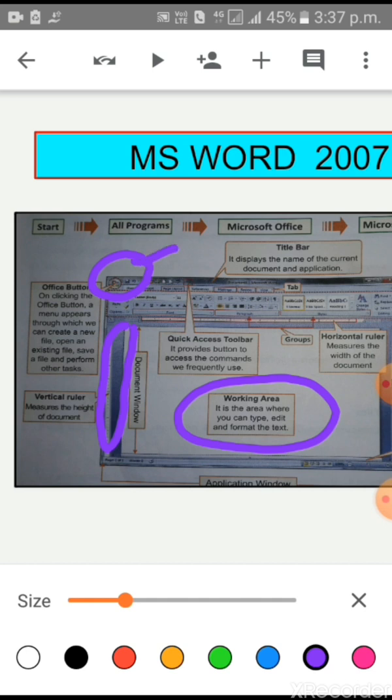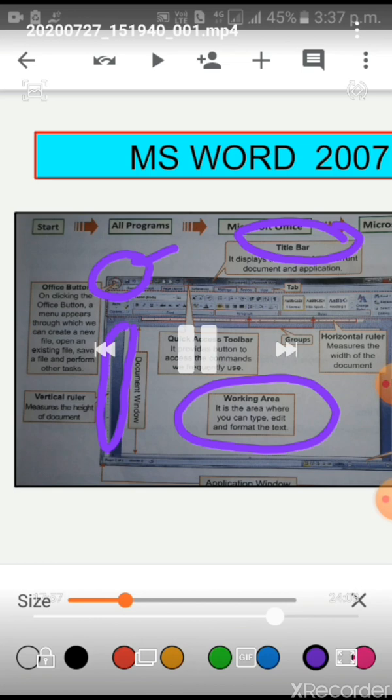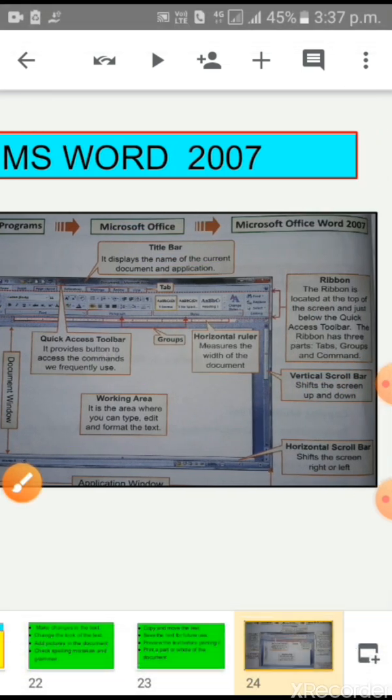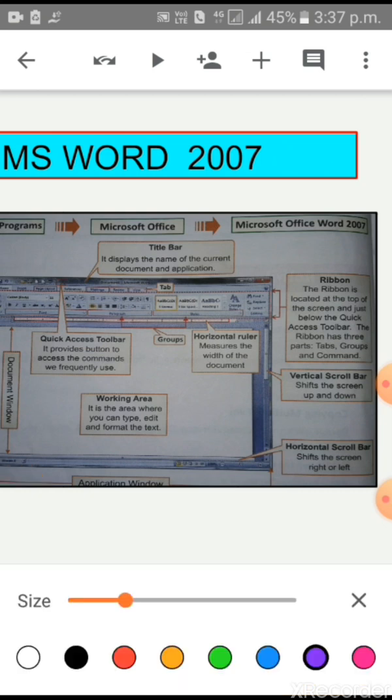Children, the uppermost bar is called the title bar. It displays the title or name of the document and application. Next, this is the ribbon.